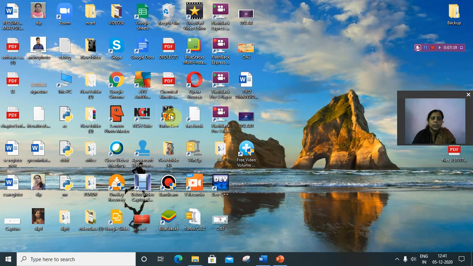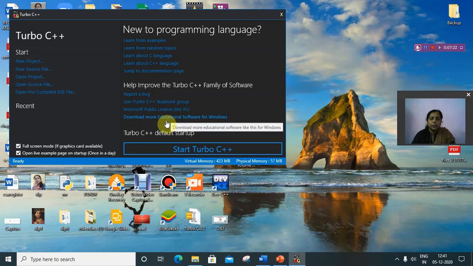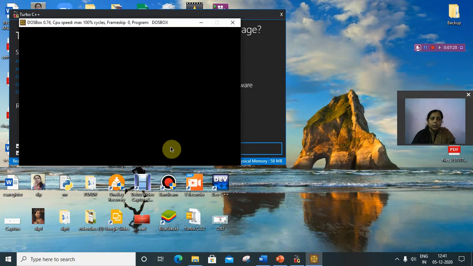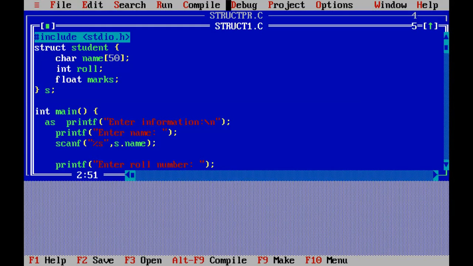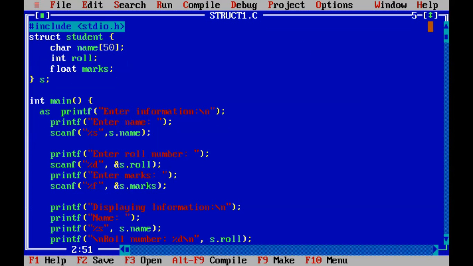Okay, again we will restart the C. So this is the program. First of all, struct student, then declare all the members, then s is the variable of student data type, then int main.